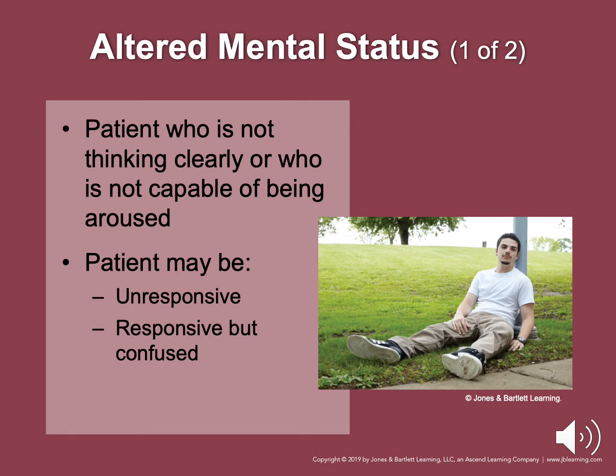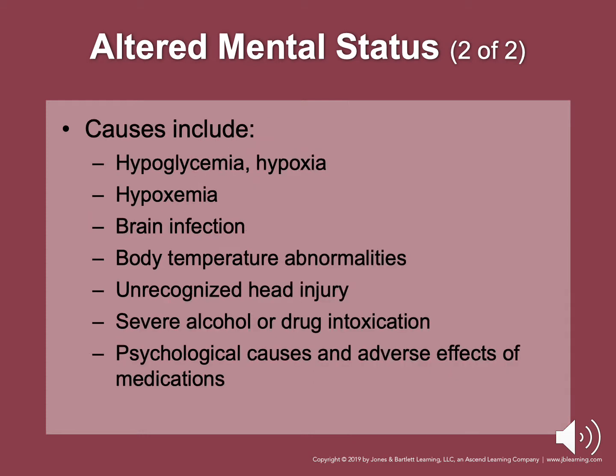But some of the causes may be hypoglycemia, hypoxemia, a brain infection that we don't know of, intoxication, drug overdose, unrecognized head injury, body temperature abnormalities, brain tumors, or possibly poisoning. Hypoglycemia can mimic the signs and symptoms of a stroke and seizures. Principal differences: the patient who has experienced a stroke may be alert and attentive to communicate normally, whereas the patient with hypoglycemia almost always has an altered mental status.